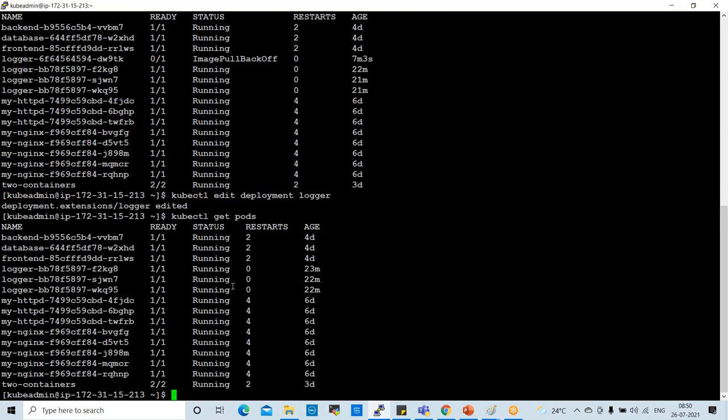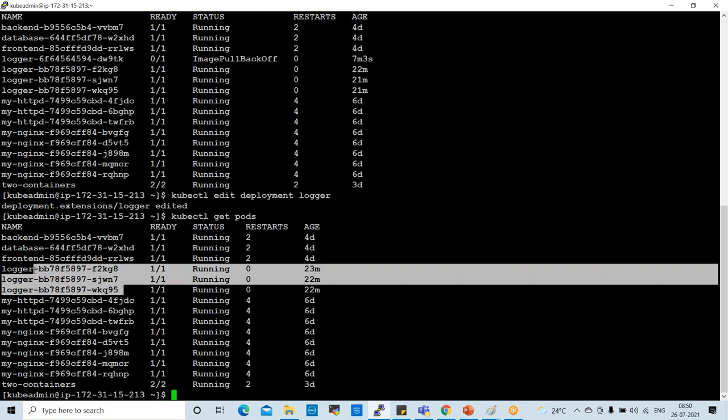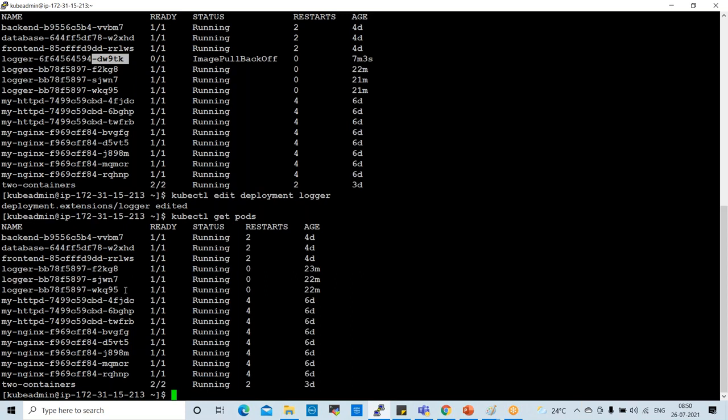But when we rerun, the pod ID will be changed. See here, you can observe. This is the old pod, and this is a new pod. So this ID is not there here. See here, this ID has been changed. Every time it will change this ID when we work on the pods. Okay, fine. Now this pod is alive, right?